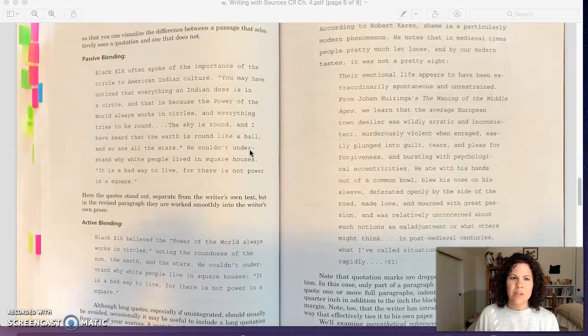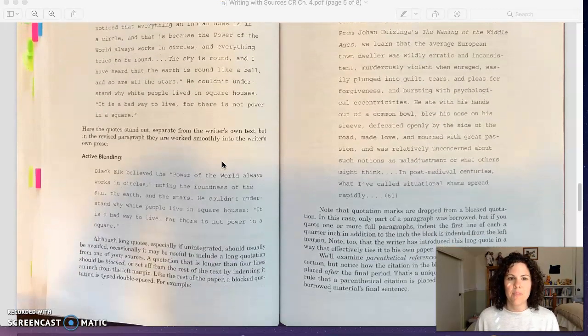Now, yes, you can see that this is much longer, and I think sometimes that's why students like to use it, because they're trying to bulk up their essays. But I promise you, in this research essay, it's not going to be about bulking up your paper. You're going to have so much to say. It's really going to be about how I can focus my paper to say exactly what I want to say. So take these extra steps to really narrow in on what you want to say.